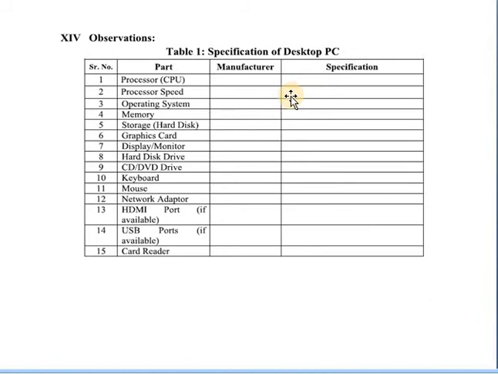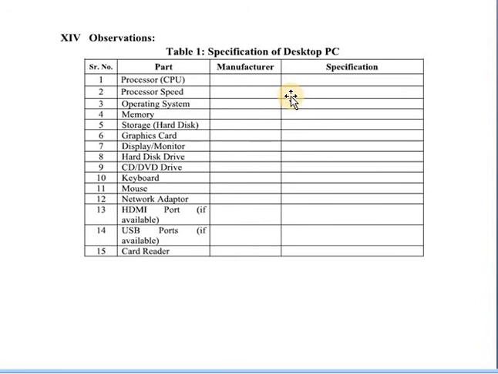Then processor speed, it is 2.93 gigahertz, 3.60 gigahertz, the speed of your processor. For checking the specification of your desktop, first of all right click on My Computer and see in the About tab, it displays each and every point of the specification of your desktop. Like mobile phones, suppose you want to check the mobile details, you go to the About tab and check the details. Likewise, to check your desktop PC specification, right click on My Computer and check in Properties, or check in the About tab.